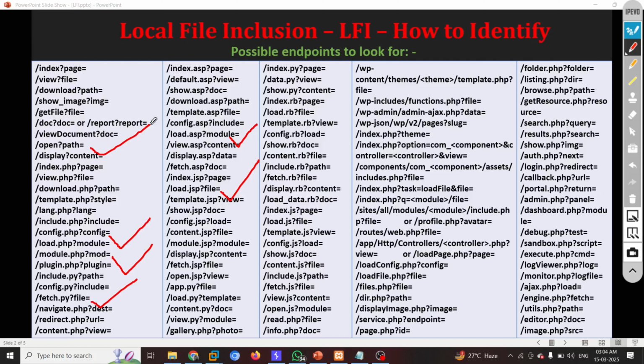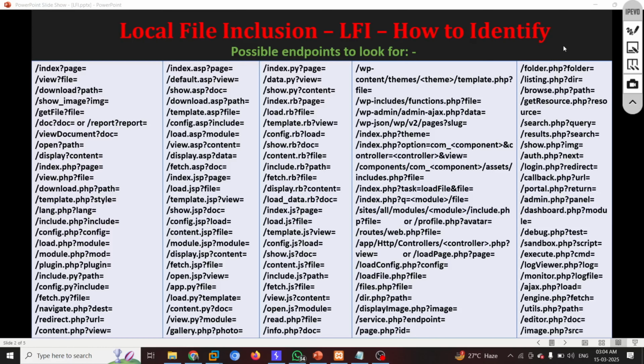But you need to understand the endpoint, whether it is using any sensitive endpoints or parameters. Those could be vulnerable, so give it a try. If you see endpoints like download, upload, template, or login, you should always give LFI a try. I hope you got to know how to identify and where to try LFI, right?